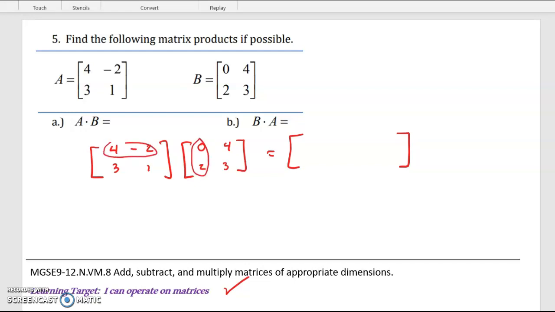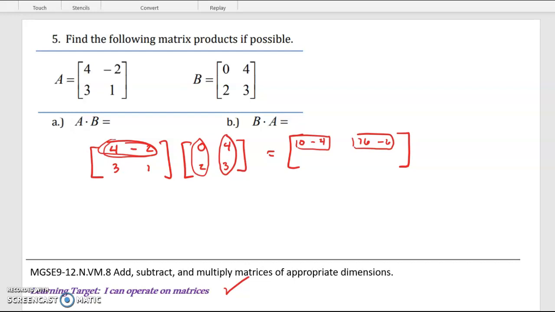So 4 times 0 is 0. Negative 2 times 2 is negative 4. That's my first entry. We'll do something with that in a minute. Then we multiply our first row by our second column. 4 times 4, 16. Negative 2 times 3 is negative 6. There's our second entry. So because we have 2 across and 2 down, we're going to multiply twice, all right,